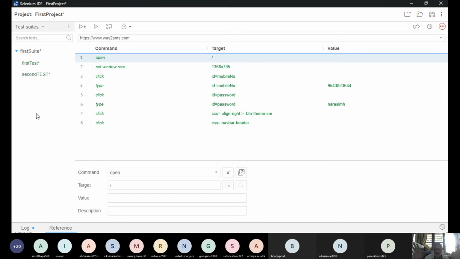Any web page you can take. You have to create 10 test cases in that particular application, and create 2 or 3 test suites. Every suite should have a collection of test cases. It could be different test cases. Like that you can create, just to get accustomed with this particular environment.